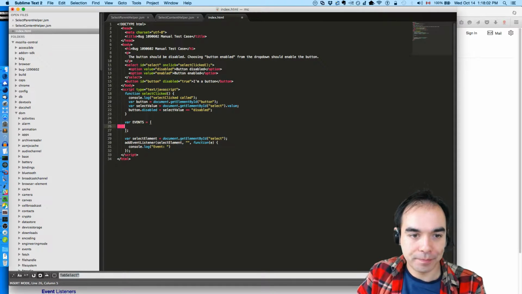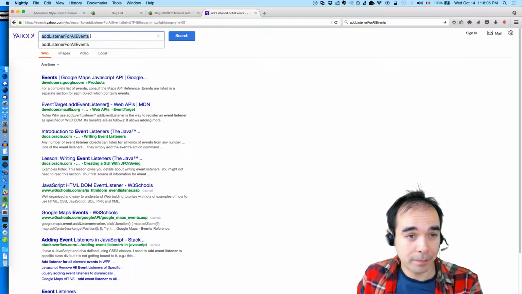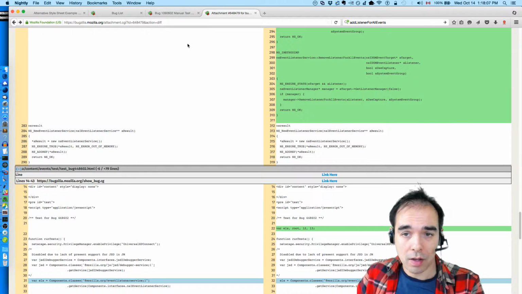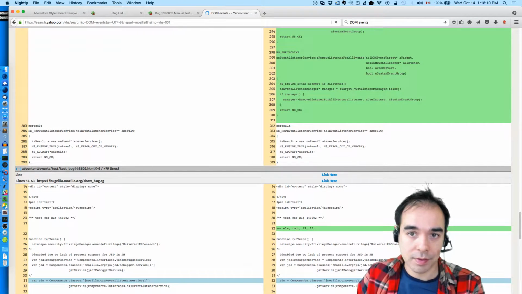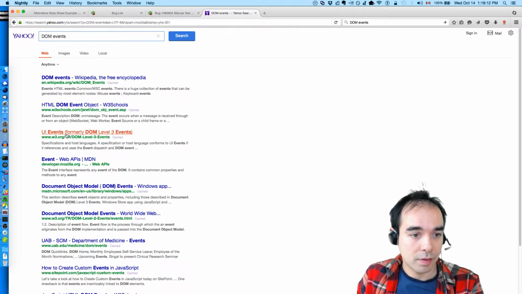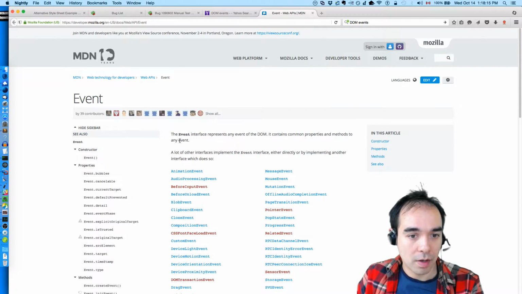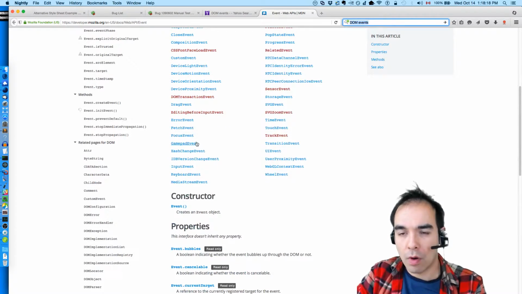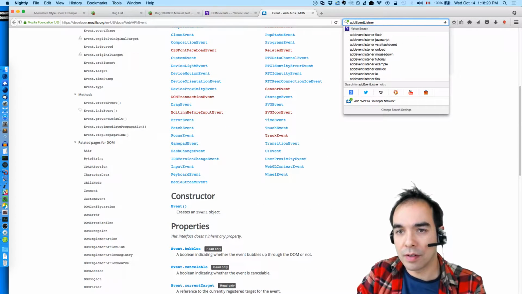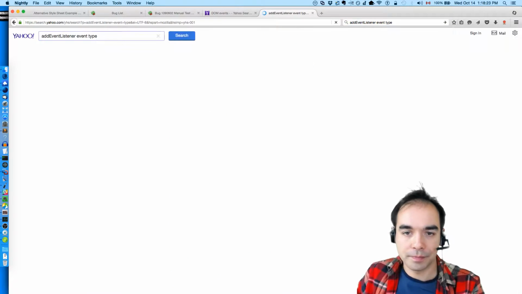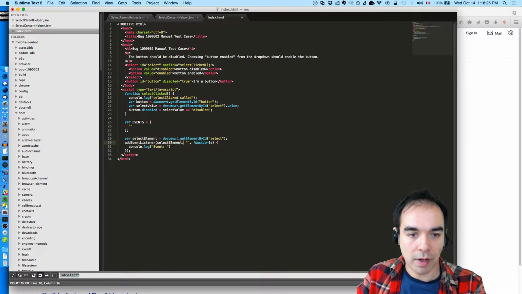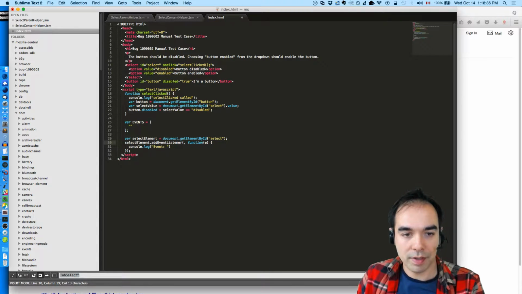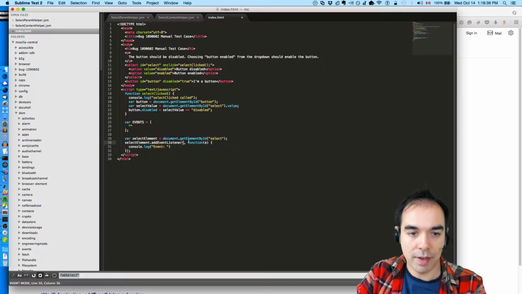Shoot, all right. Well, what events do we care about? DOM events. Well, I think there's add event listener, event type. And I've got the order here wrong. I've got this all wrong. It's supposed to be select element dot add event listener and then the name of the event.